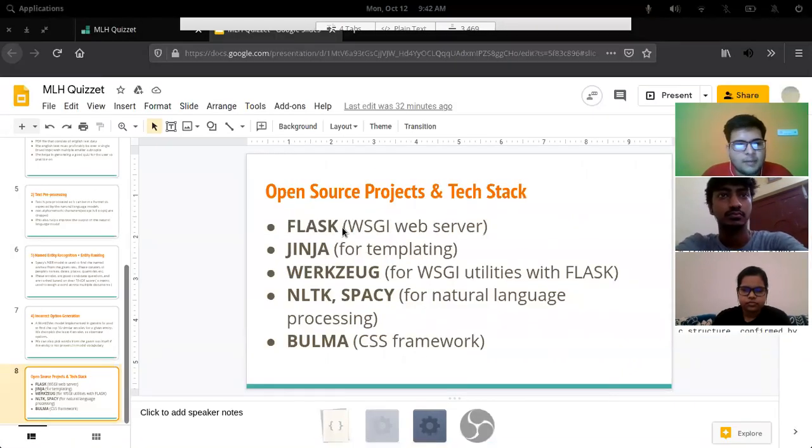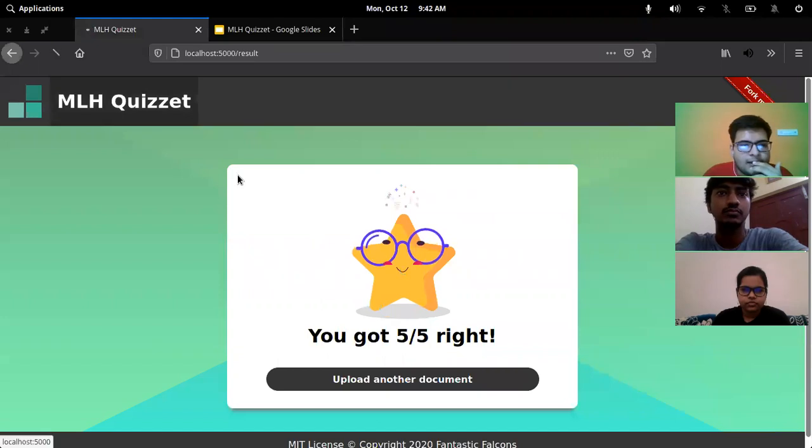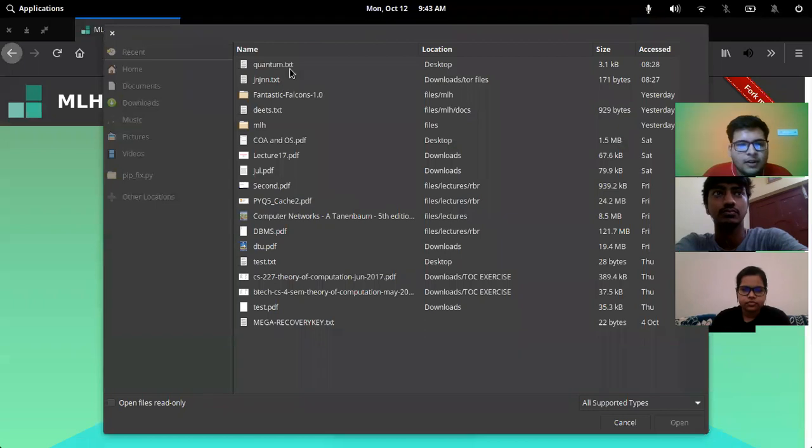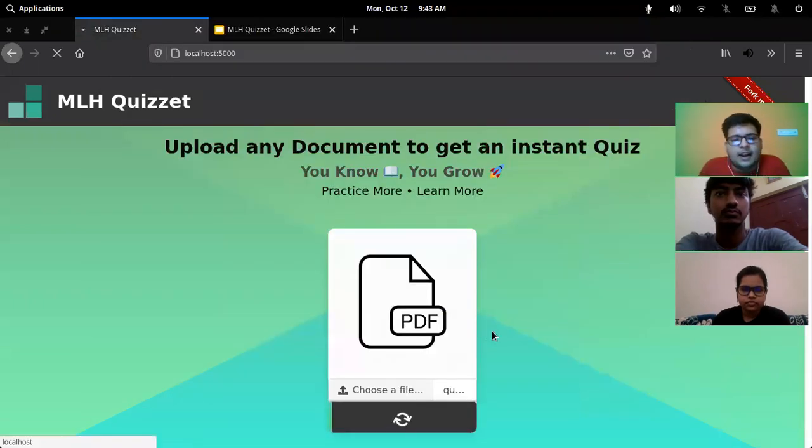So let me actually go to the web app now, and let me just upload the text file that I just showed you. If I talk about what I did on the backend, it was pretty simple. I made RESTful APIs for data flow and communicating with the UI, and the APIs were also supposed to communicate with the backend. I did file handling because you're supposed to handle PDF files and text files. And so I kind of tied together what Vignesh and Pragati did into a seamless experience.